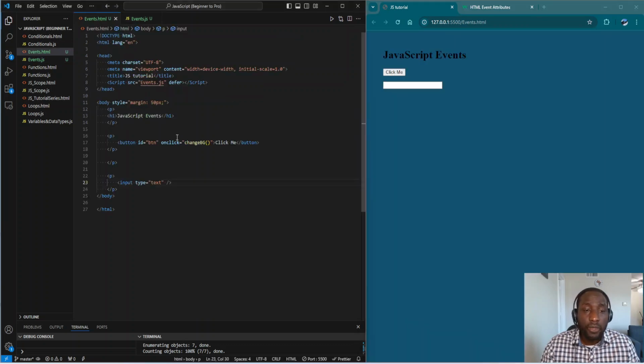Okay, so passing in event handlers to elements in HTML is not good coding practice. Just imagine, for demonstration purposes, like in the previous videos, I've been doing this because it's very brief and very short just to demonstrate. But if you have a very big web application, you probably have like 1,000 HTML elements. And if you're going to have event handlers on each button, it becomes extremely hard to maintain your code and